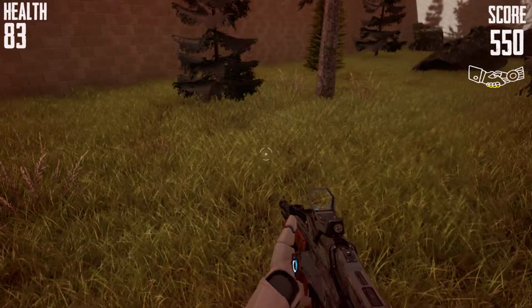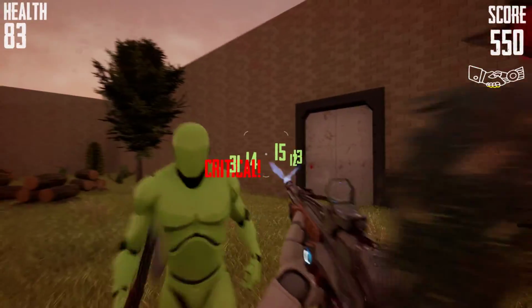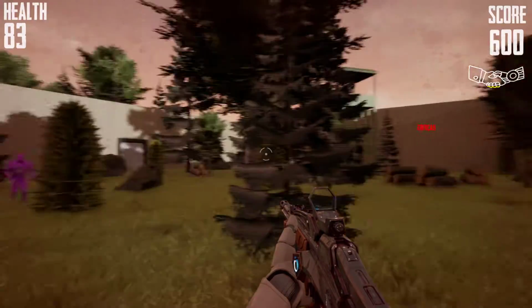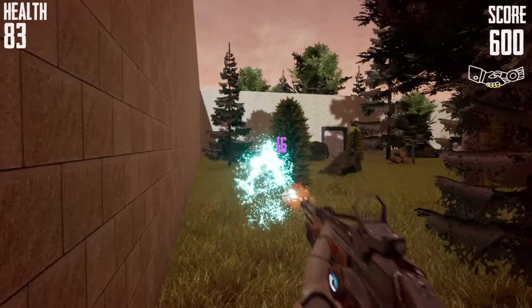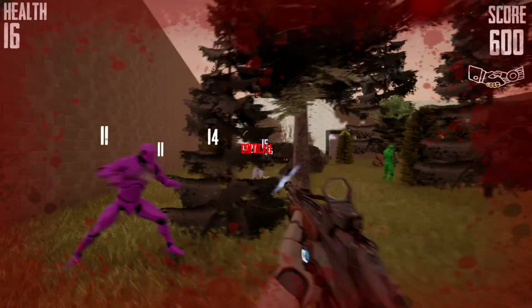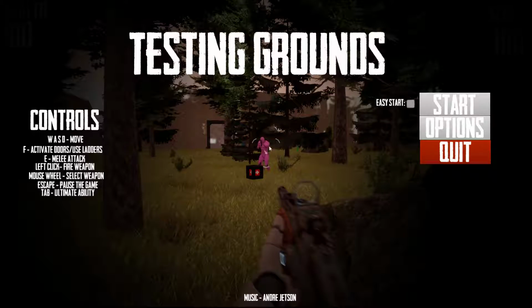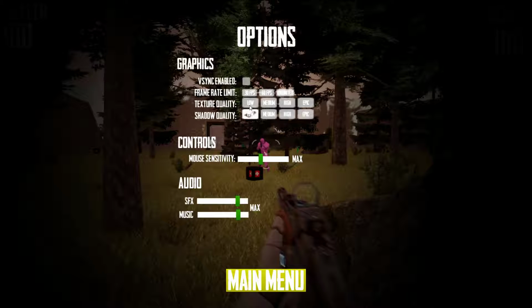Alright, yeah, with all the grass in here, it's starting to chug again, big time. Like, real big time. It's very hard to aim with the frame rate this low. Let's go ahead and go back to the main menu. I think we're just going to try one more time. I don't get the impression that this is working, so...